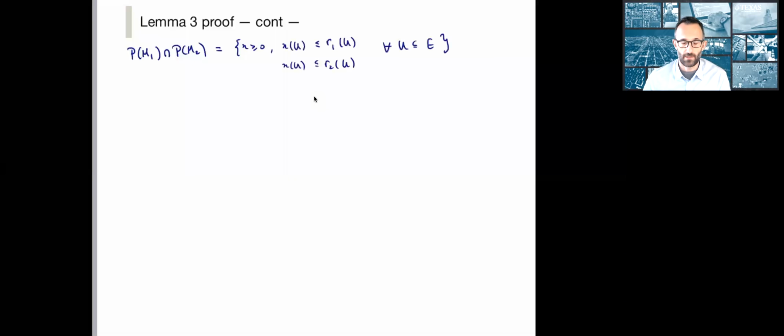And so this is indeed that first polytope that we wrote at the beginning of the previous lecture when we stated the main theorem. So this is the non-negative vectors x, so that x of U is less than or equal to r1 of U, and x of U is less than or equal to r2 of U, and this has to hold for every subset U of my ground set. Well, this is a polytope, so if x is a vertex,